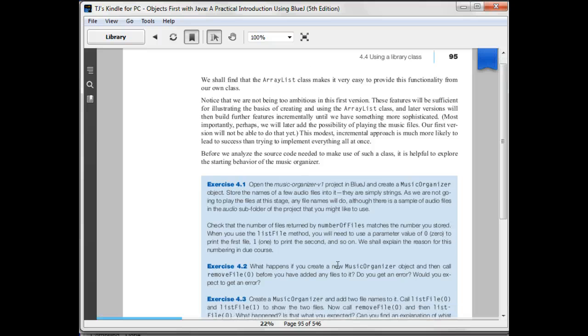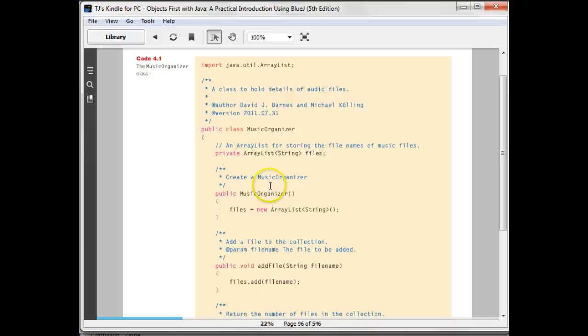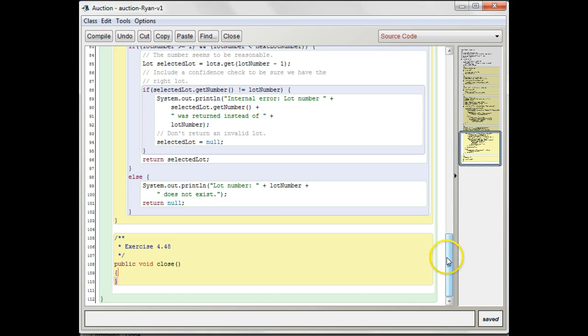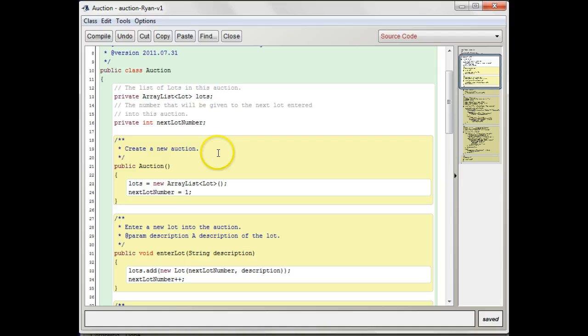And let's see, in the first version of music organizer, we had an array list of string objects. In the auction project, we have an array list of lot objects. Okay,